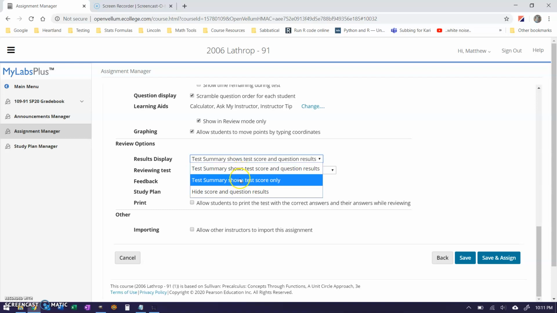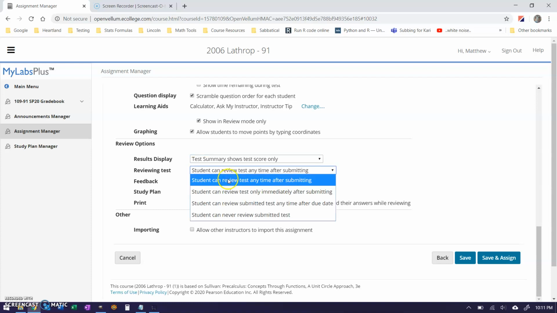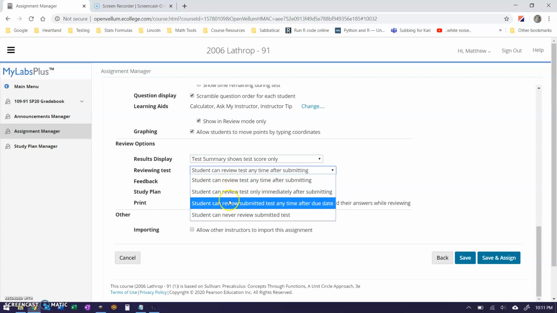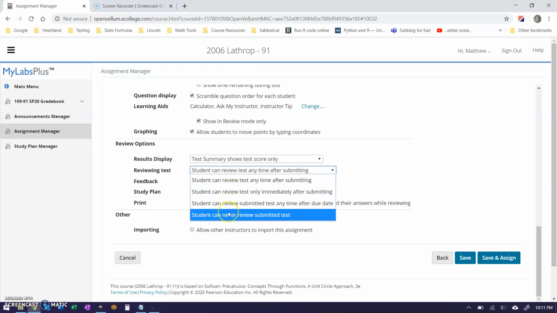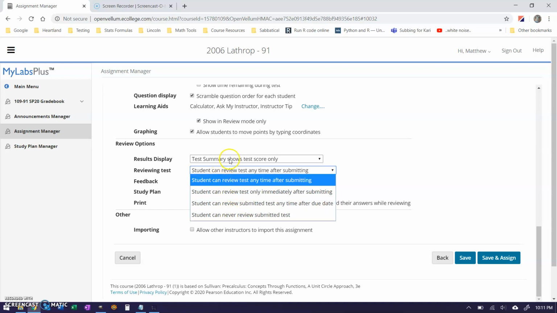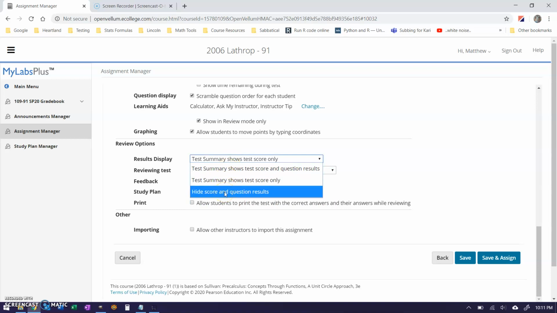If you select either of these first two options, you'll have a second statement here, which allows you to restrict when students can review a test, only after they submit, only after the due date, or a student can never review a submitted test. One option to consider would actually be selecting hide score and question results. If you're having a student take an unproctored test and you're going to have them write out work on their own paper and then somehow digitally return that to you, either by scanning or taking pictures and emailing it to you,